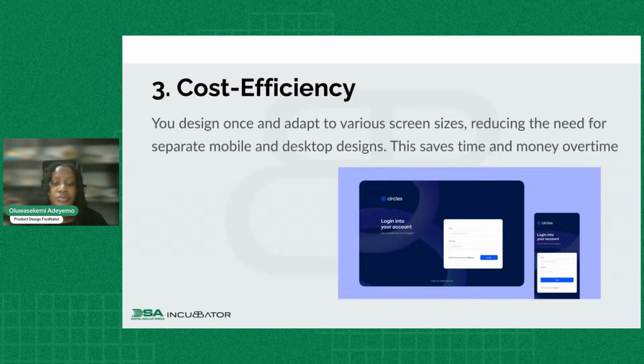So let's move on. Another is cost efficiency. So the thing about responsive design is you just design one. And I don't know how many of us know WordPress, but I think that's the best platform to explain, like developing on WordPress or using WordPress templates. We might see Wix templates, all these create-websites-in-24-hours type of platforms, or create it easily, all those type of platforms. But then WordPress, I know people use WordPress to create proper sites. So when you go on WordPress and